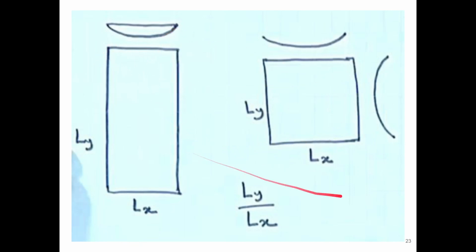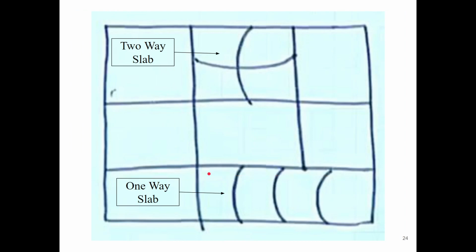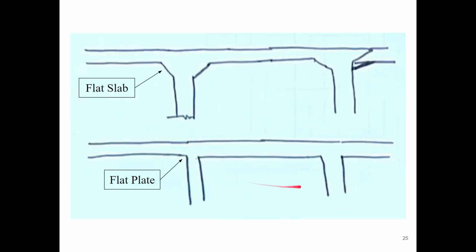The figures are basically self-explanatory. So I just mentioned those. This is basically a two way slab, this is a one way slab, seeing the size. Now this is a one way slab, this is a two way slab. So now if you can see here, if you take these cases, this is a case